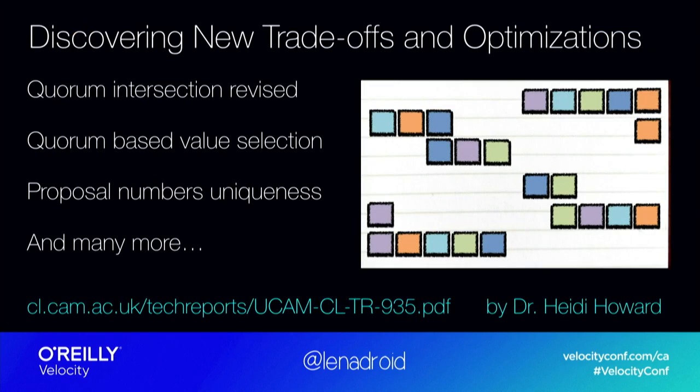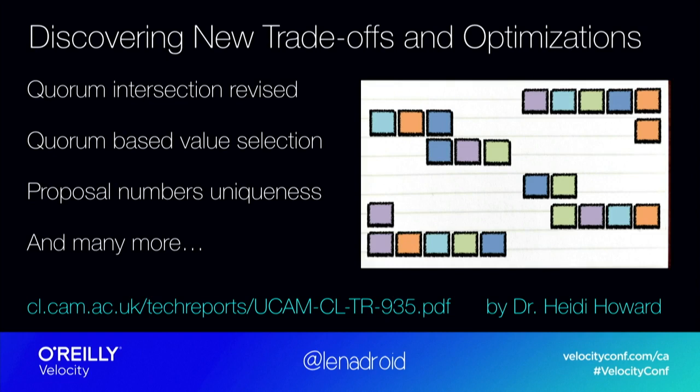But what's even more interesting is that even the topic of consensus and agreement isn't new at all. We are still discovering new trade-offs and optimizations. For example, in classic Paxos, all the quorums need to intersect, and the majority of nodes need to be up. But it turns out that we can rethink how we work with quorums, and we can simplify the majority quorum